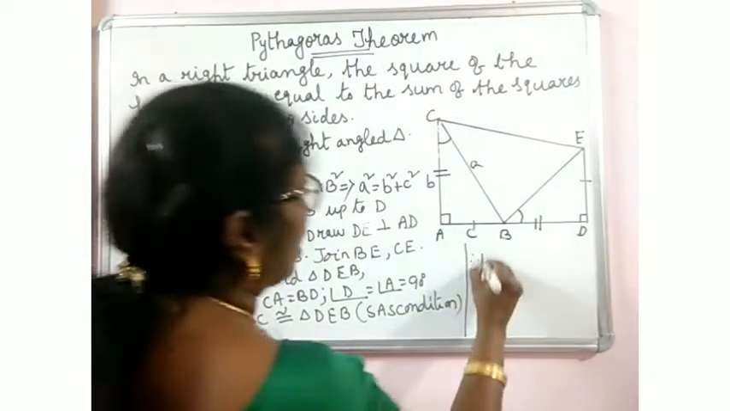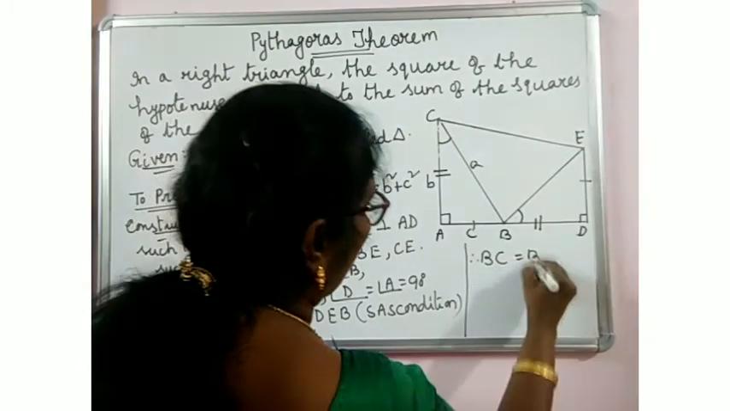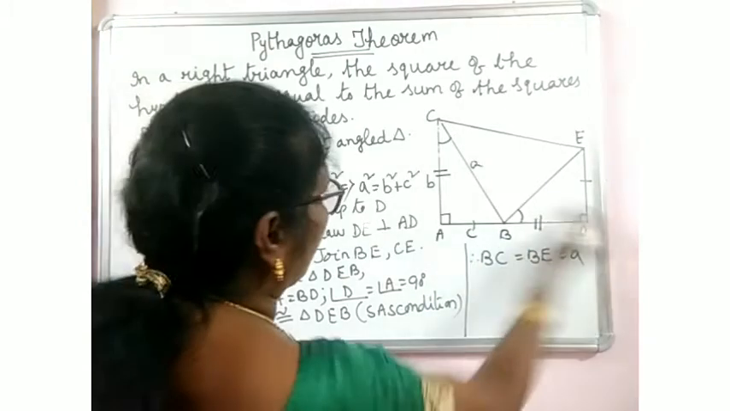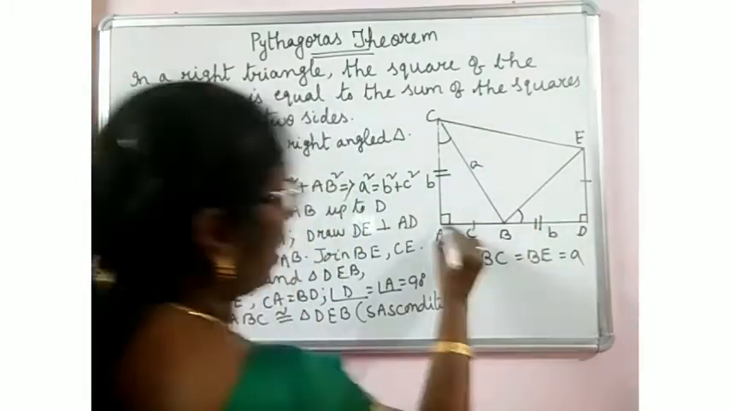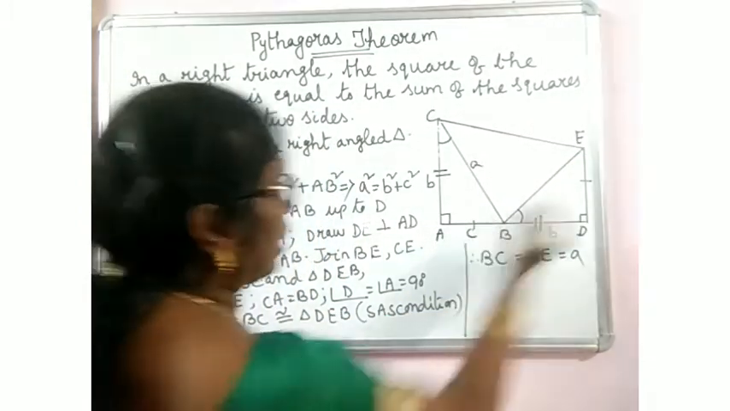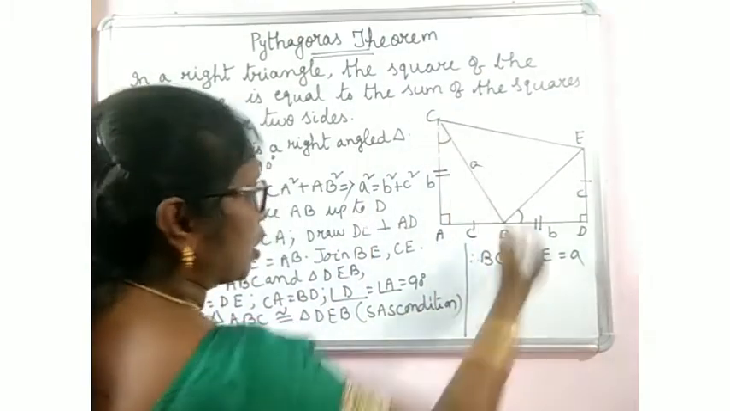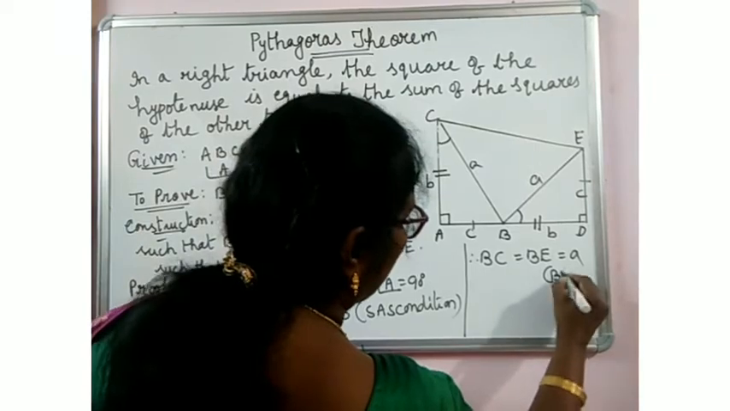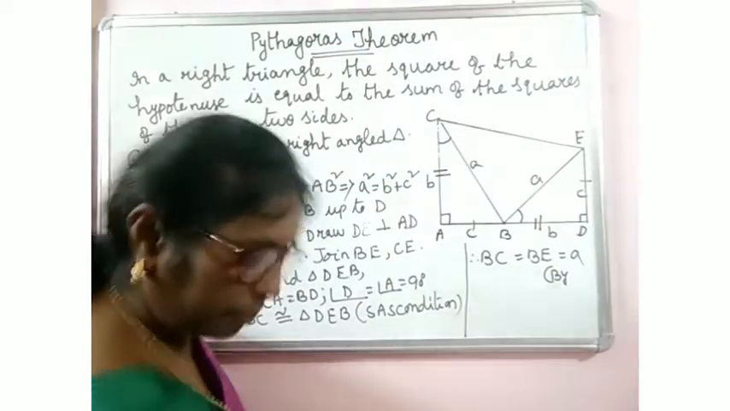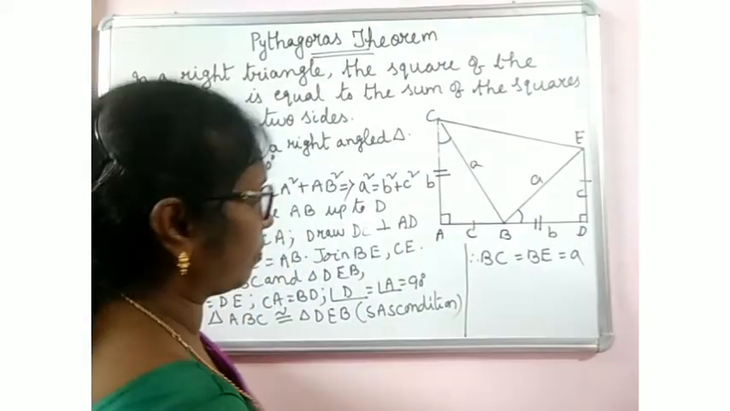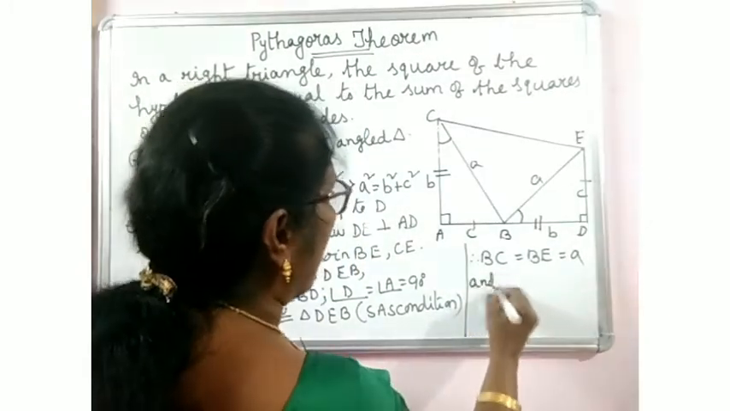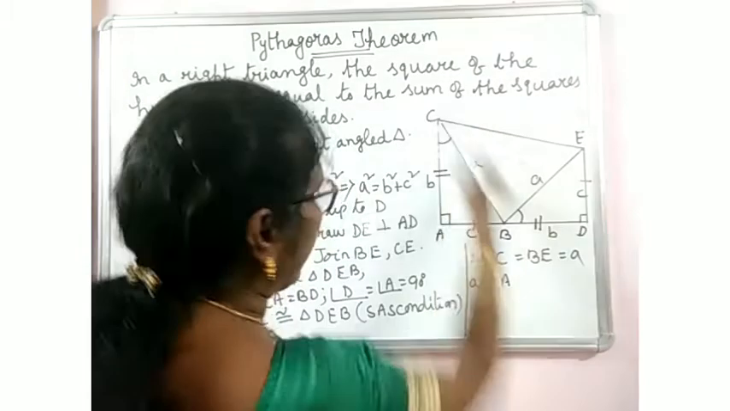therefore BC is equal to BE, that is equal to CE. We have taken CA equal to BD, this is b, so this is also b. AB equal to DE we have taken, this is small c. So by CPCTC, this and this are equal. BC is equal to BE, that is equal to a, and also angle ACB